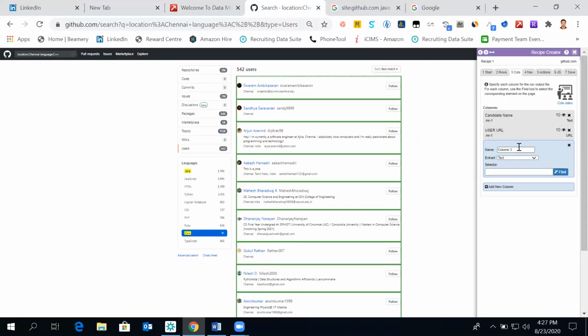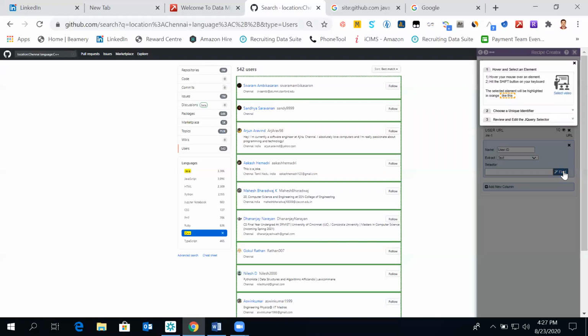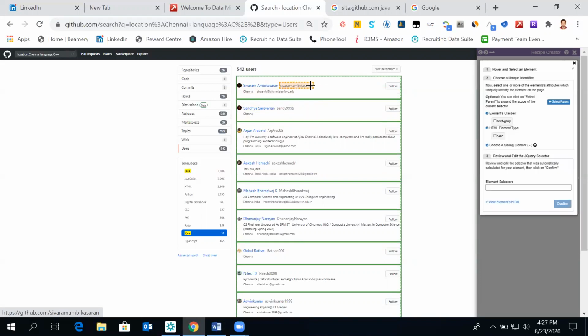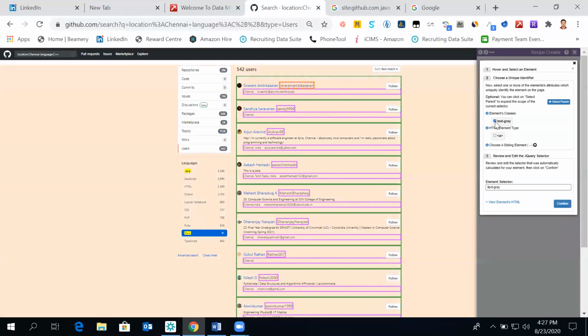Add new, and then user ID. So this is the user ID. User ID will take it as a text itself. Find user ID, shift on our keyboard. So that is a gray part, text gray.